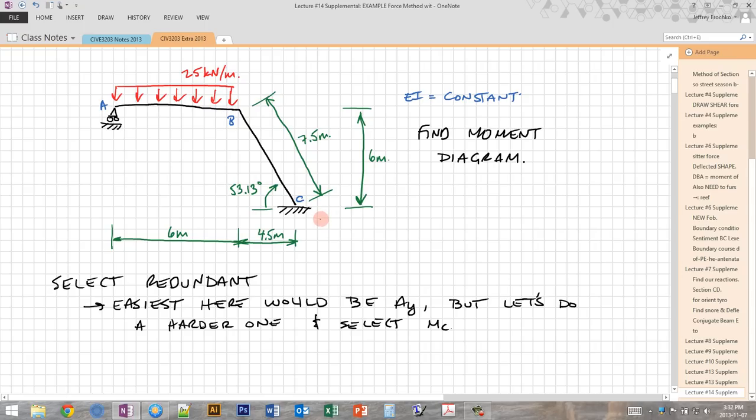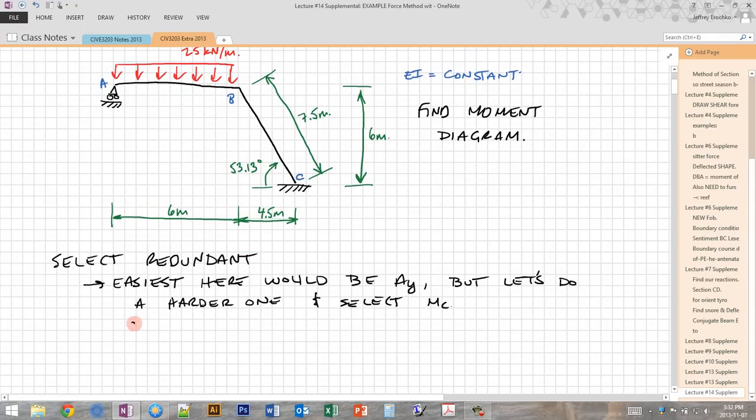So the easiest redundant to select for this problem would probably be the vertical reaction at AY, because that would turn this whole frame into a fairly simple cantilever problem. But in the interest of doing something a little bit more difficult to show the process, let's select MC, which is our moment reaction at point C. So if we remove MC as a restraint, then C is going to turn from a fixed end into a pinned end. So we're going to be working with a compatibility condition